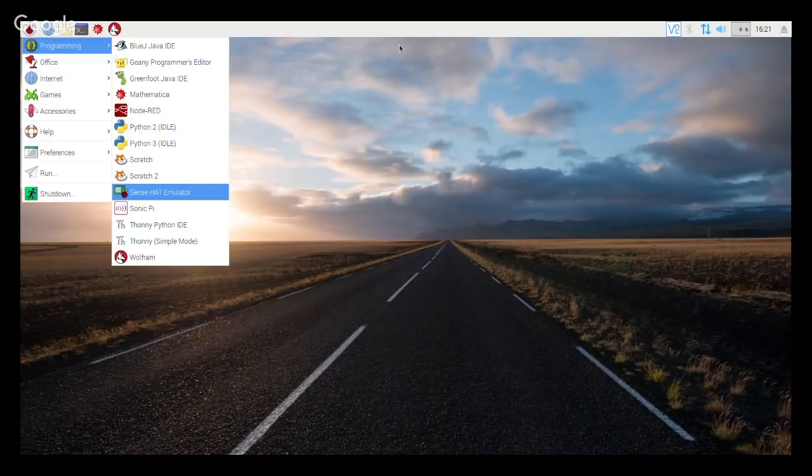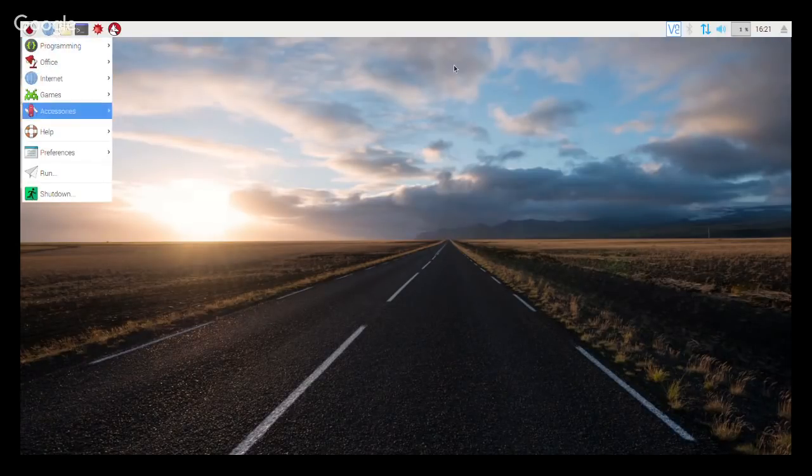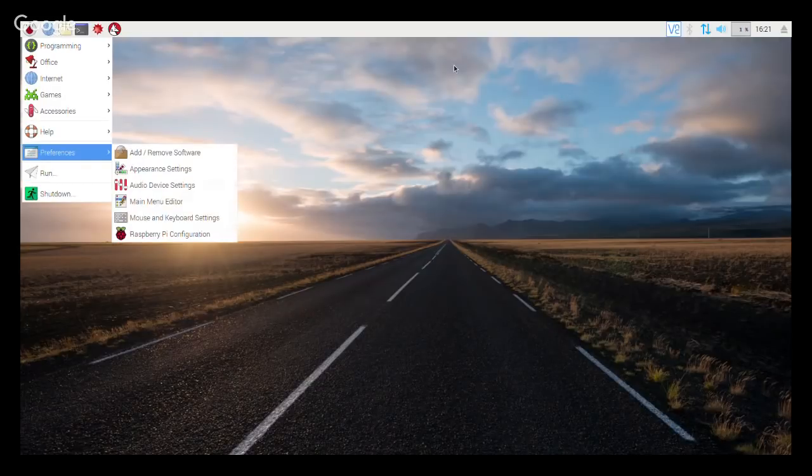And so within the software, you've got lots of programming options, but we're going to just talk about a couple of other things in there as well. First of all, configuration. Configuration is really important. There are times when you want to turn on or off some different options in your Raspberry Pi. So for example, if we just go to the Raspberry Pi configuration menu here,